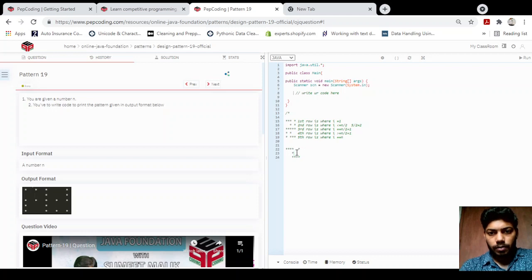Here there will be a star in the last place. Okay, so I've printed this, and here again I will get these stars from starting, so I'm printing this, and then in the next line I will have this star and a star in the middle, and then one star,